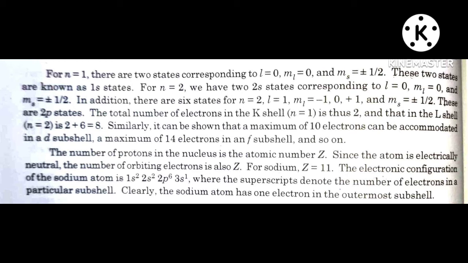The number of protons in the nucleus is the atomic number Z. Since the atom is electrically neutral, the number of orbiting electrons is also Z. For sodium, Z equals 11. The electronic configuration of the sodium atom is 1s2, 2s2, 2p6, 3s1, where the superscripts denote the number of electrons in a particular subcell. Clearly, the sodium